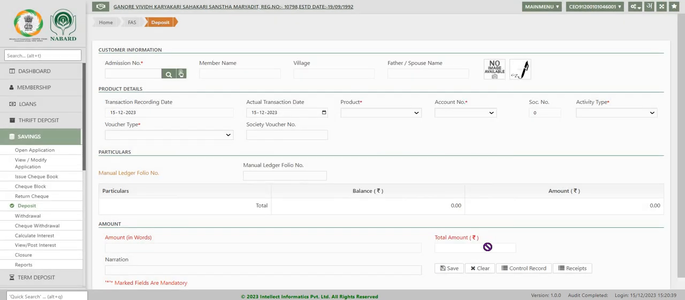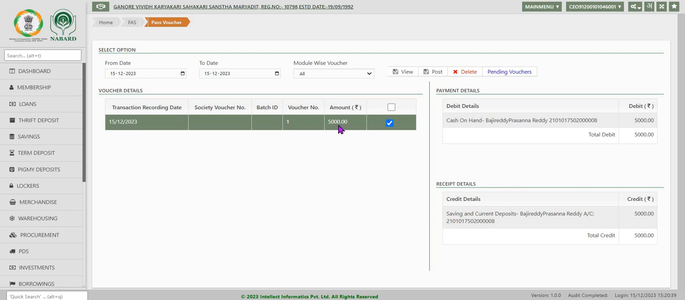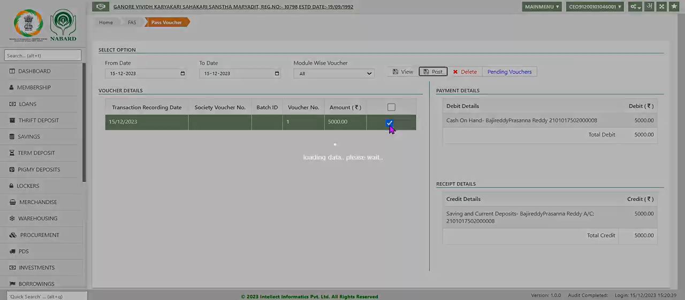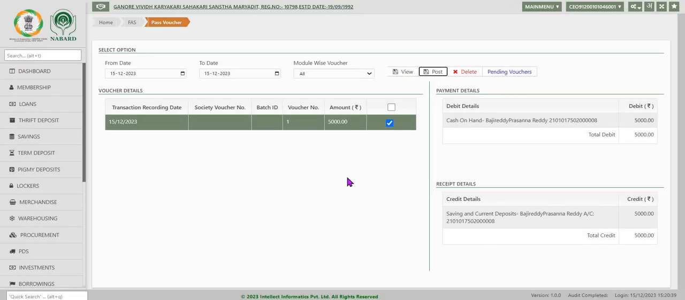Now in the generated voucher, click OK to come out. After creating the cash transaction voucher, for posting it from FAS, when we select the transaction under POS voucher, system displays the transactions that are available for the business date. There, when you click on view button, system displays the transactions, and on selecting by clicking in the checkbox, system displays debit details and credit details. By clicking on post, this transaction is posted and saved and will reflect in the transaction scroll as well as